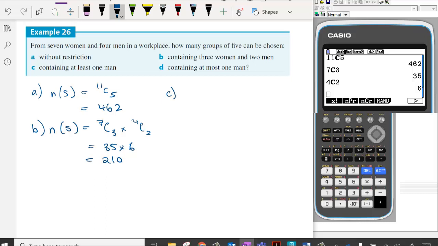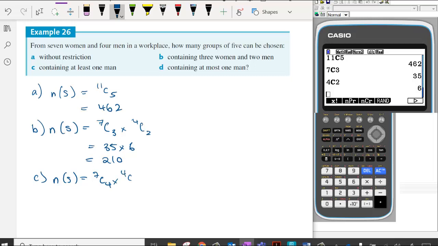Okay, so this is where it's going to be a little bit complex, because at least 1 man means we can have 1 man or 2 men or 3 men or 4 men. We can't go past 4 men because there is only 4. So that means our number of selections are, we could have, first of all, 1 man. And if we have 1 man, we have to select 4 women. So we'd have 7C4